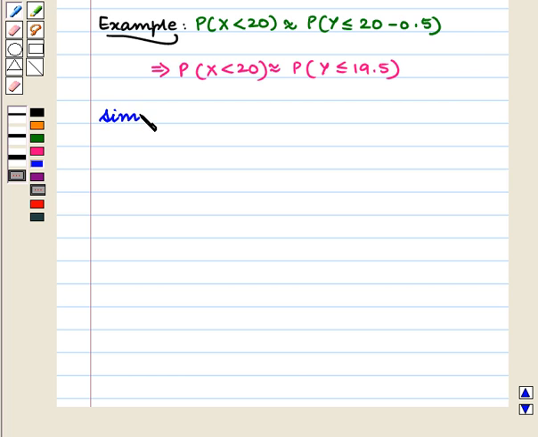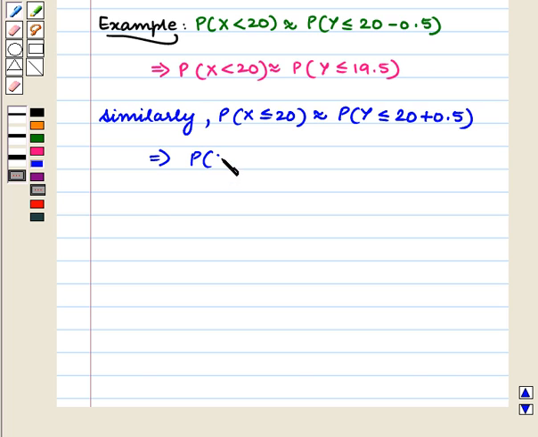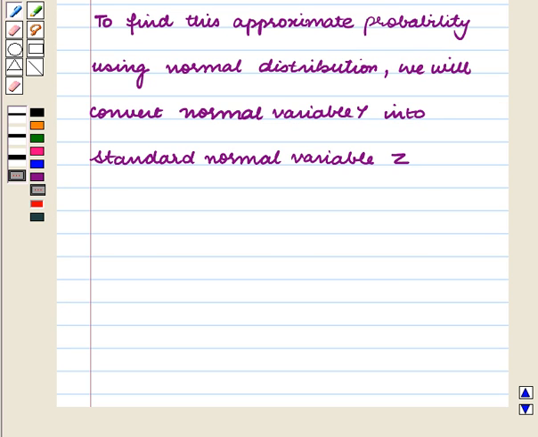Similarly, probability of x less than equal to 20 is approximately equal to probability of y less than equal to 20 plus 0.5, which implies probability of x less than equal to 20 is approximately equal to probability of y less than equal to 20.5. Now, to find this approximate probability using normal distribution, we will convert normal variable y into